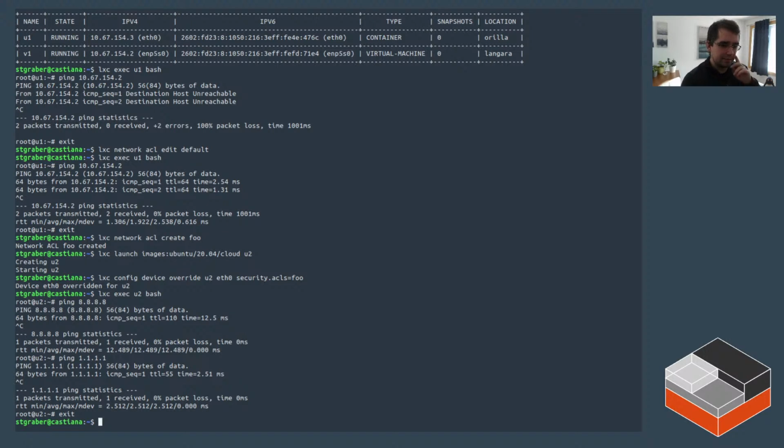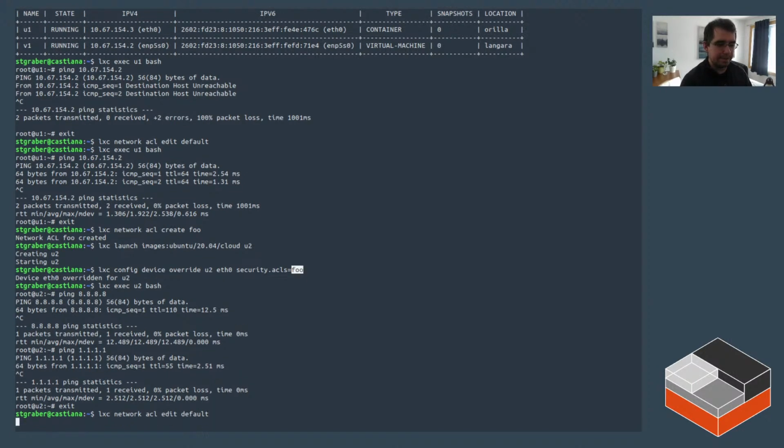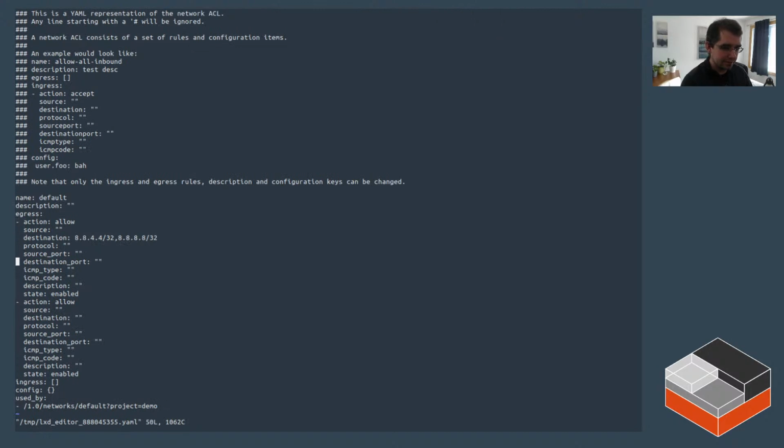But the difference is now we can use that particular tag as a label for other ACLs. So what I should be able to do now is go to network ACL edit default, and do action